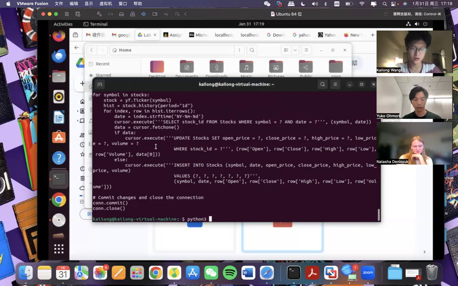Also here, because we're only interested in the real-time data, every time we run this code, it will just replace the old data stored in the stocks table in our SQLite database. So it will also give the user the most real-time data. So if we run this,